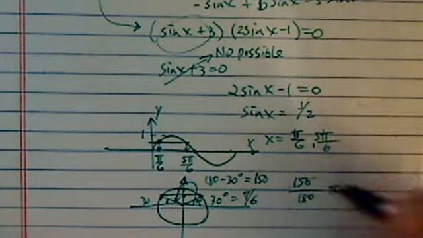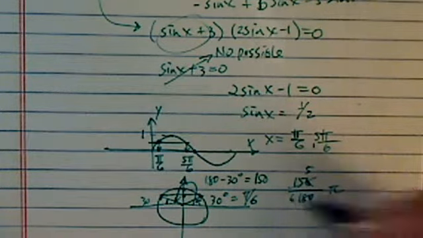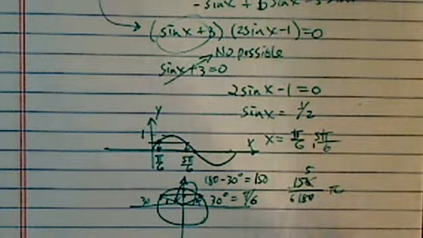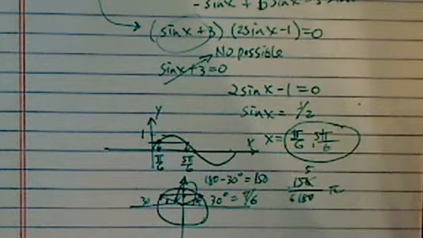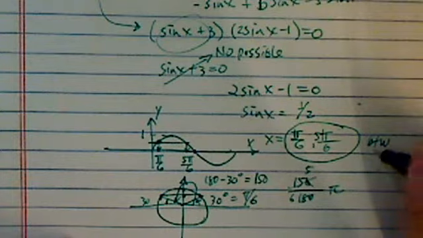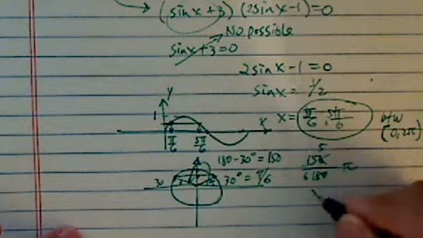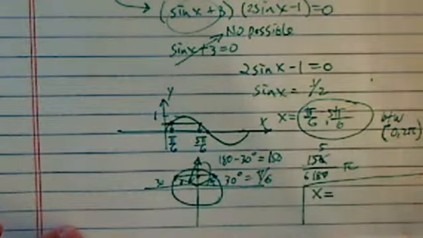Divided by 3 here, I have a 5. Divided by 3 here, I have a 6. So it's 5 over 6 pi. So here is your answer, and this is between 0 and 2 pi. If you want to write an even more complete answer, if it doesn't ask you to stay in